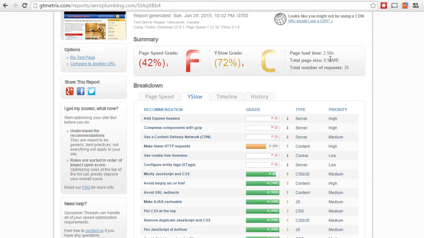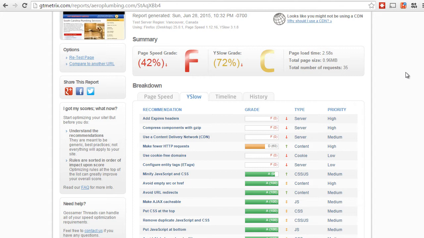We can see that the page load time is about 2.58 seconds. That means that whenever one of their customers that they have worked so hard to get comes to their website, if the site loads fairly slow, that's going to be an issue